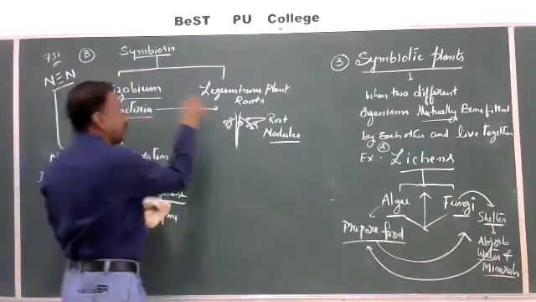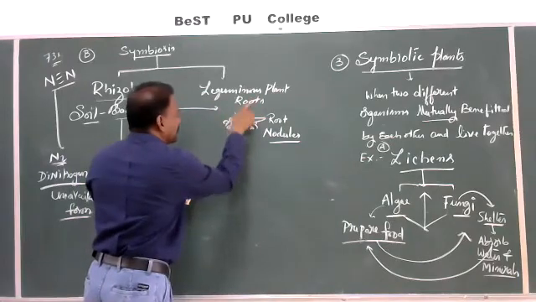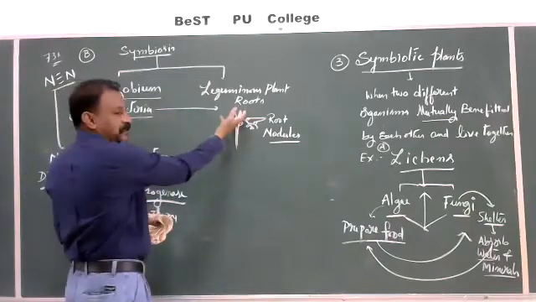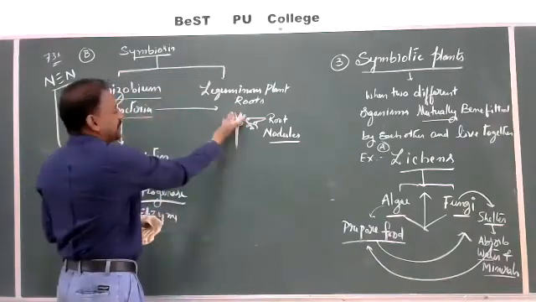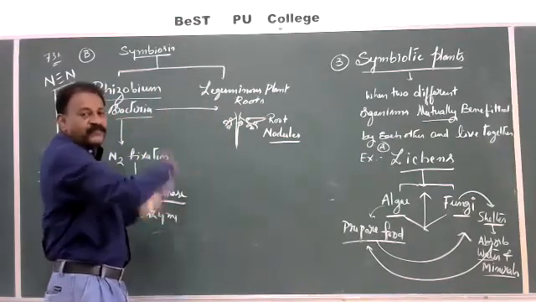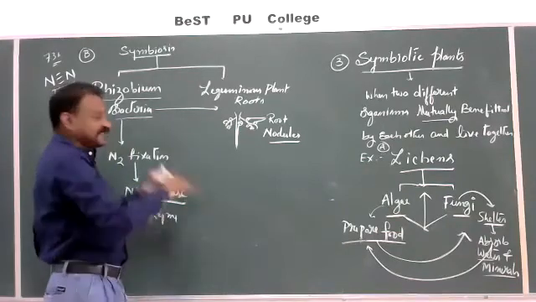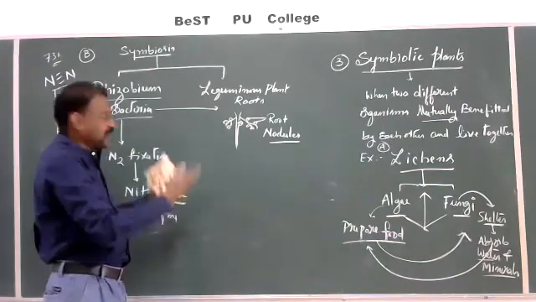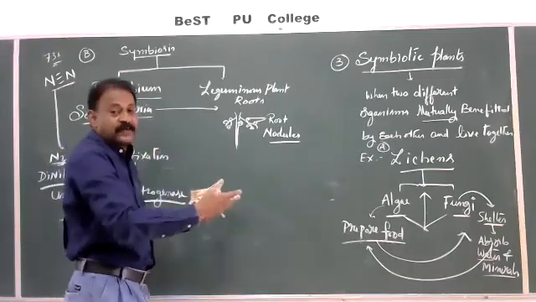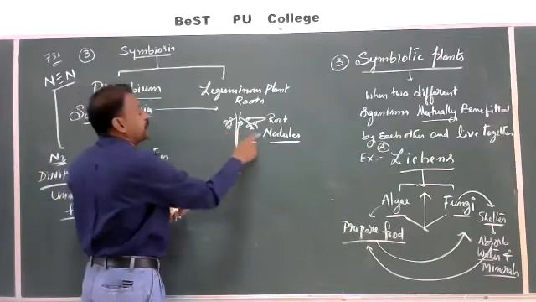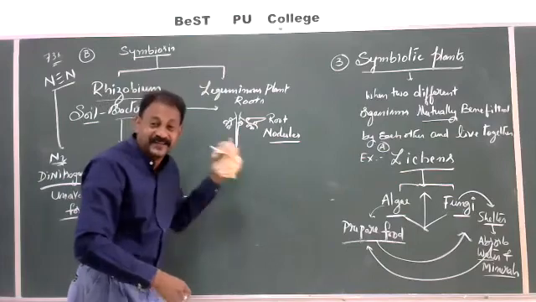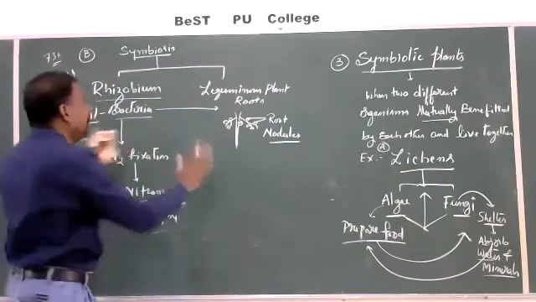So a bacteria is growing inside the root of the leguminous plants, and how is it benefited? It is taking the food from the plant. It is benefited by taking the food. It is growing. It is increasing in number. One bacteria becomes 10, 20, 40. So it doubles the number by excessive, uncontrolled cell divisions. They will be increasing their number and form nodules, and every nodule consists of hundreds, thousands, millions of bacteria which can fix the atmospheric nitrogen.